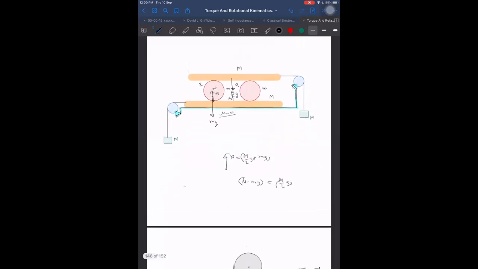So what is the effective force acting on the left hand side of the sphere? Effective means after subtracting small mg, the effective force upwards is M by 2 g here. Similarly, what is the effective force here after subtracting small mg? Here also it is M by 2 g. Is it okay? Then here, what force is in this? In this, the total force is Mg, but I'm bringing that force into two parts, M by 2 g, and here also M by 2 g. And you notice this M by 2 g and M by 2 g is forming a couple.